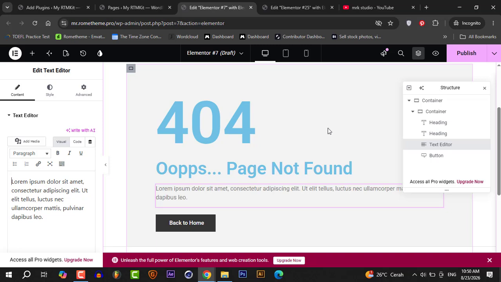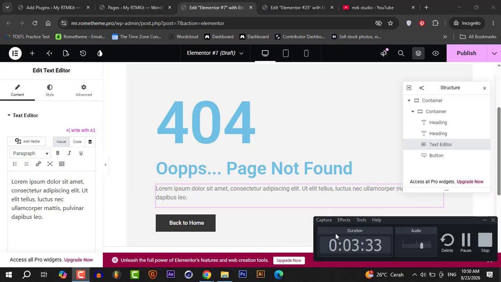If you want to have this layout, you can download it in the RTMKIT plugin. Thank you. Download